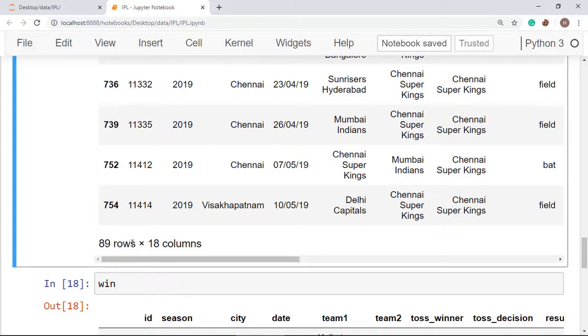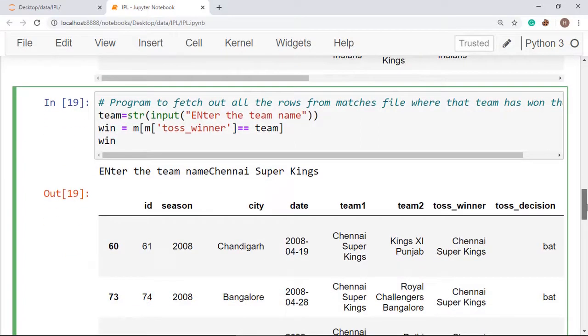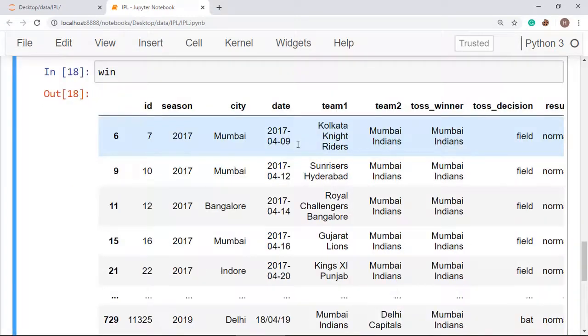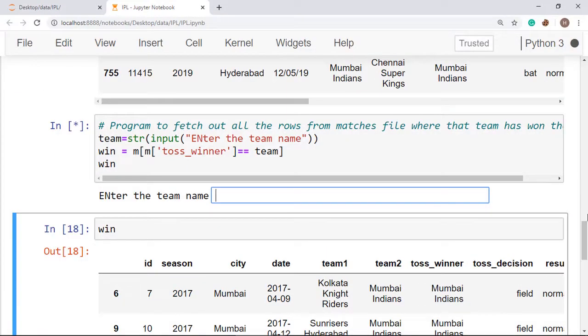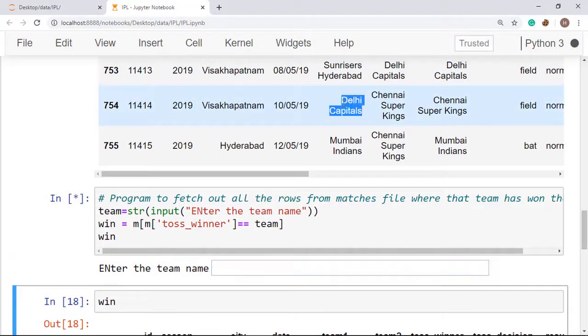Okay, so you can use this function for getting the team details, means who has won the toss. Now I am going to show you. First of all, you can try it for another team also. You might get confused that I have fixed something and am showing you some default values.